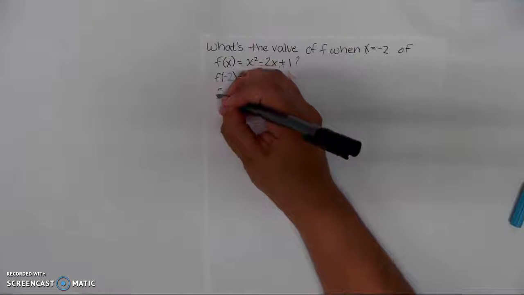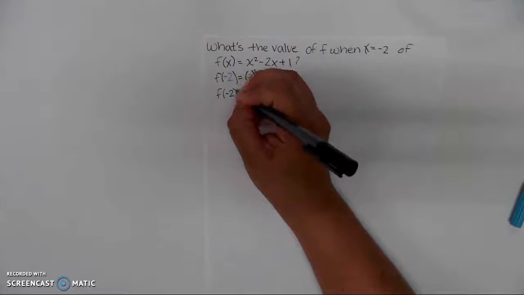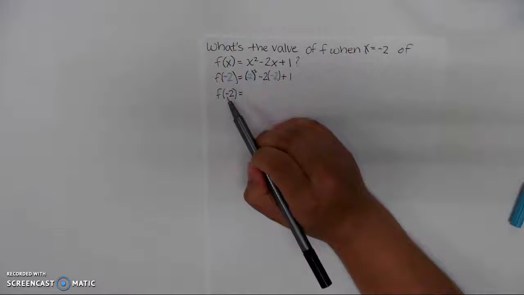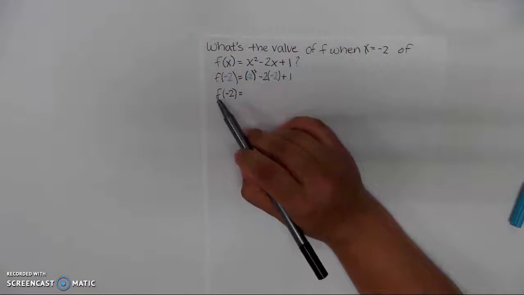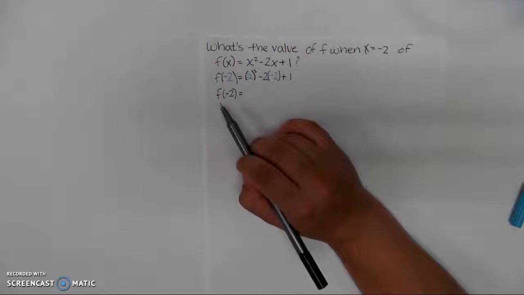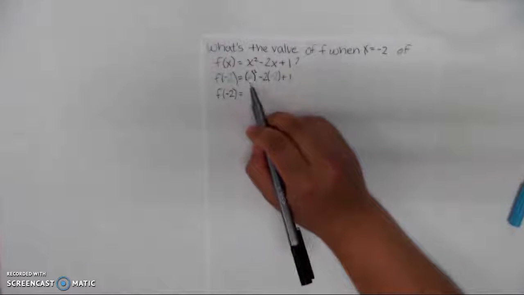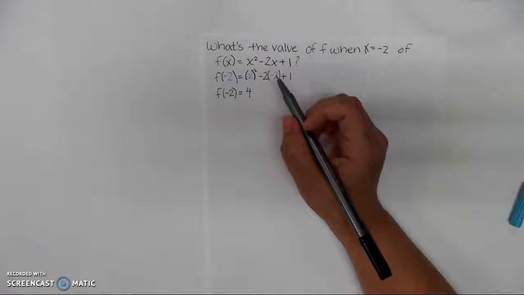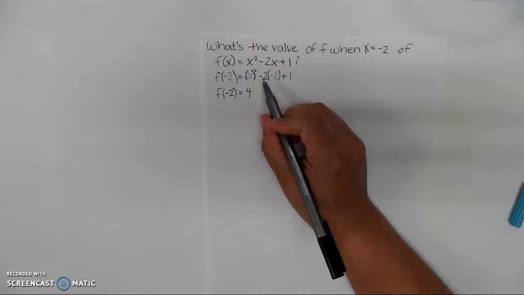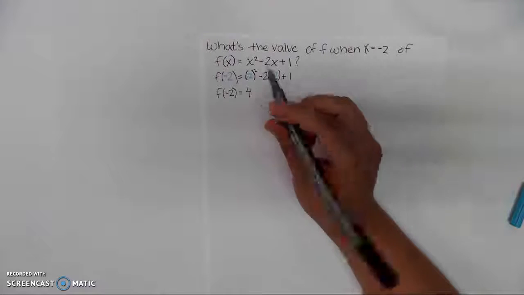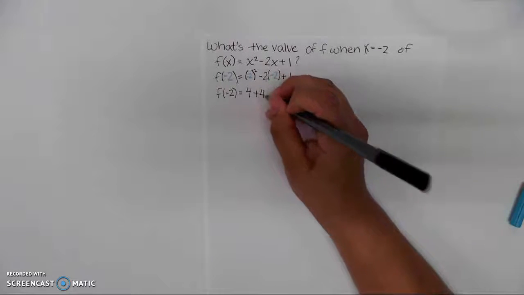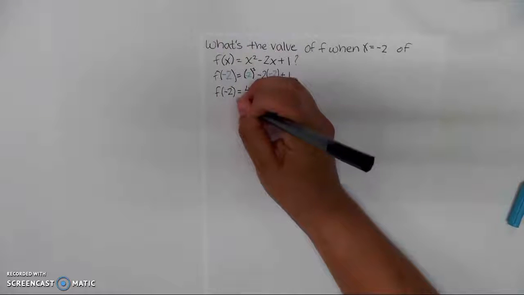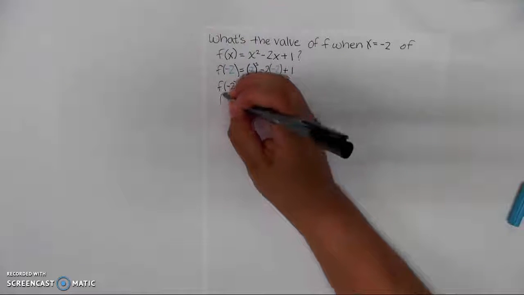I'm going to keep this alone, f of negative 2, because what that's telling us is I plugged in a negative 2. That's not saying f times negative 2. That's telling everybody we plugged in a negative 2 for x. Okay, so I've got negative 2 squared, which is 4, because negative 2 times negative 2 is positive 4. And then negative 2 times negative 2 again, that's a positive 4, and then plus 1. So f of negative 2